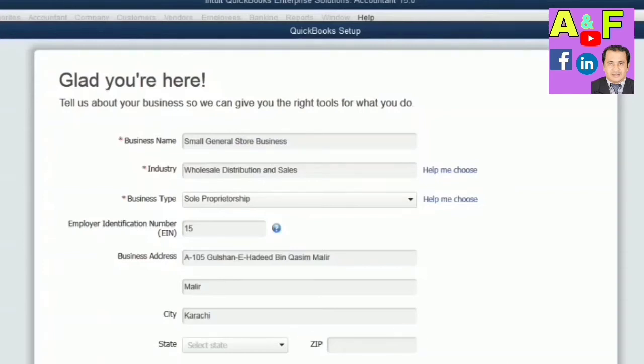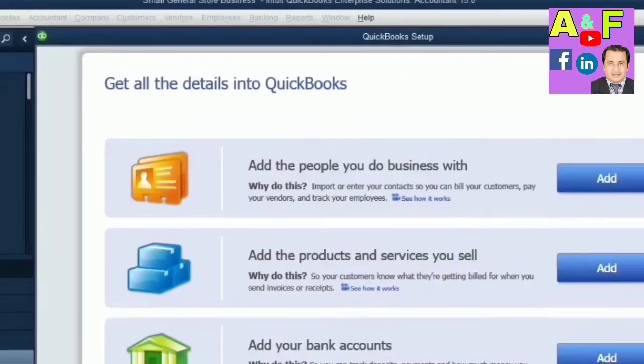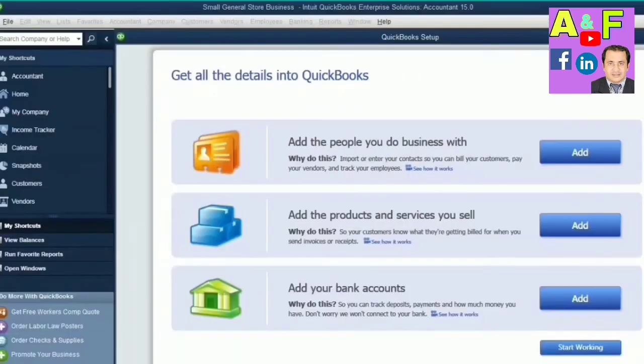So it will take a little bit of time. This is the way you can create a company in QuickBooks software. This is the first step which we are showing you here. You see some things coming up, it rolls up, and the company has been created, and here